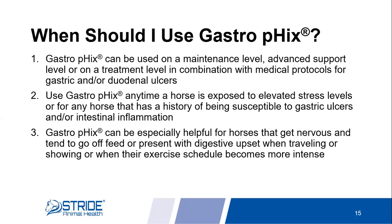And by using it in combination with your vet's protocol, you can make that protocol more efficacious and also help reduce the chances of those ulcers returning. We can use Gastrofix anytime a horse is exposed to elevated stress levels. Hopefully, you know your horse, you know when your horse's stress level is going to be tweaked a little bit. So any horse that has a history of being susceptible to gastric ulcers or intestinal inflammation is going to benefit